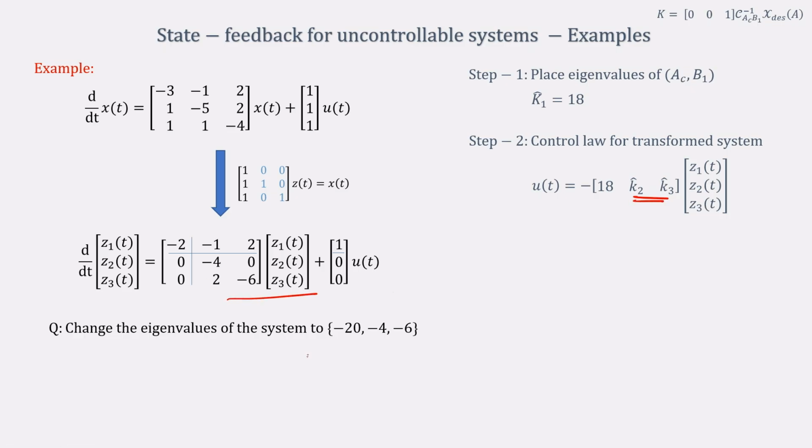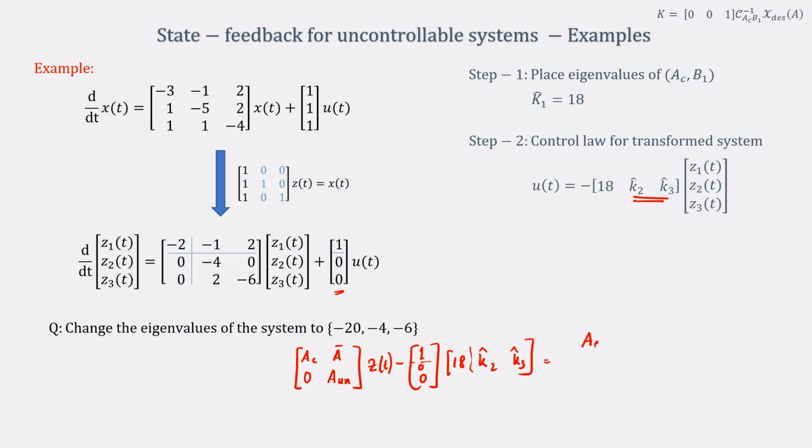Because you see, if I take this system and write it down here: A_C, A bar, 0, A_UN for the matrix, and Z_T. What will this part, B1, 0, times u, become? u is minus 18, K2 hat, K3 hat, and B1 was anyways 1 0 0. So, if you multiply this out, what do we get? We get A_C minus 18,